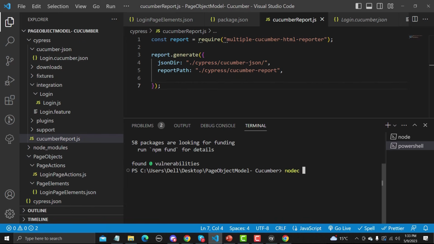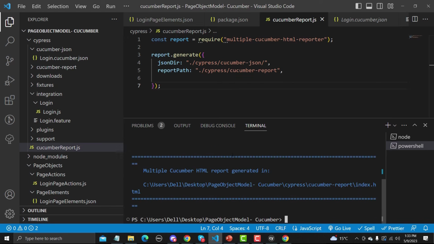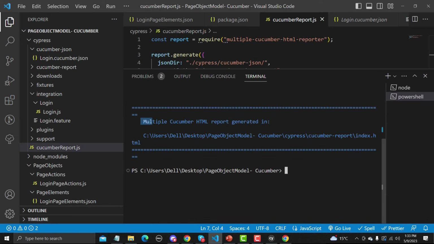In order to run this one, simply type node cypress slash cucumber.js and hit enter.